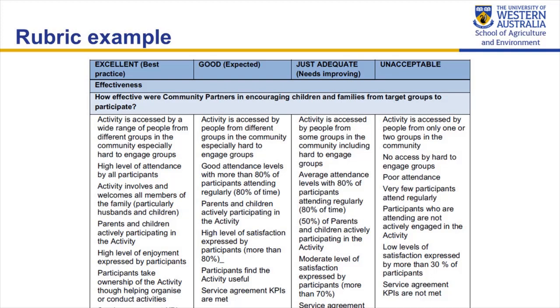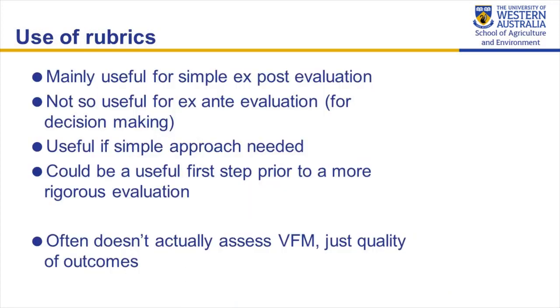Just adequate is activity is accessed by people from some groups. Unacceptable is not many groups. Okay, so they've worked out what they judge to be good, bad, or indifferent, and express it through a range of, in this case, just qualitative terms, but it can be quantitative. And so the use of this approach is largely for ex post analysis. It's not that useful, I don't think, for ex ante, for making decisions about projects that you haven't done yet, but it's a way of doing a very simple, but I think somewhat meaningful evaluation of an existing project or